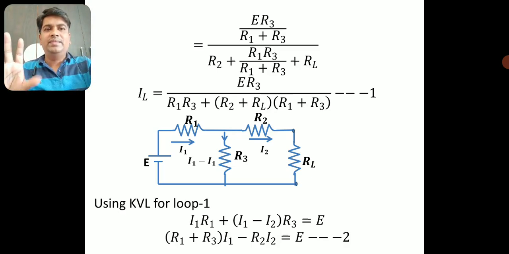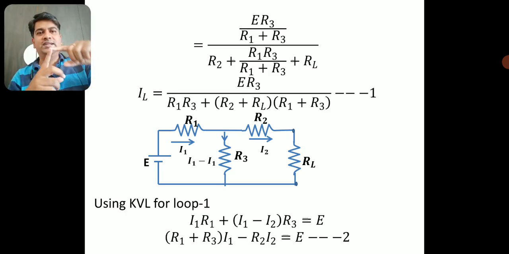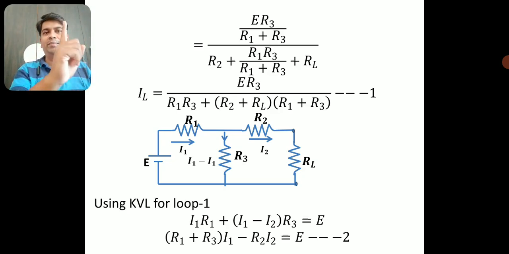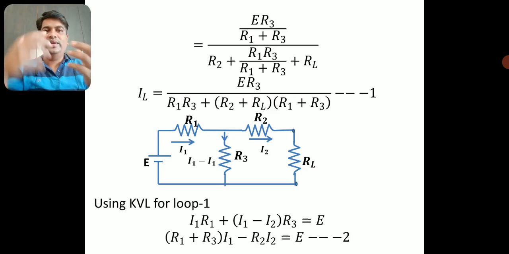Right. Now the next step is applying Kirchhoff's voltage law for loop 2. Loop 2 consists of the components R3, R2 and RL. Here I will go in the clockwise direction again. Across R3 I am going up and the current is coming down. Look at R3: the current is coming down, I am going up. You can consider any direction for that matter. I am considering the clockwise direction. So the current is coming down, and you have to write minus.